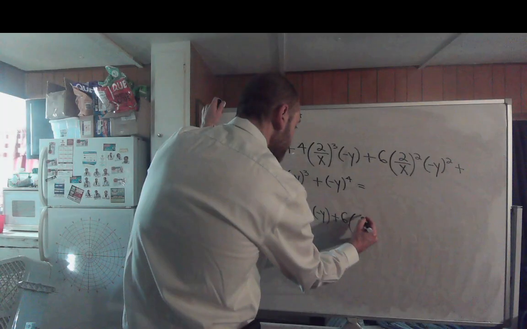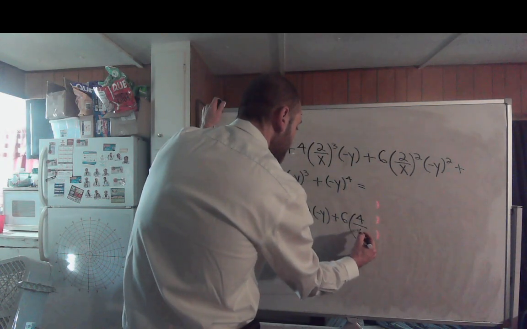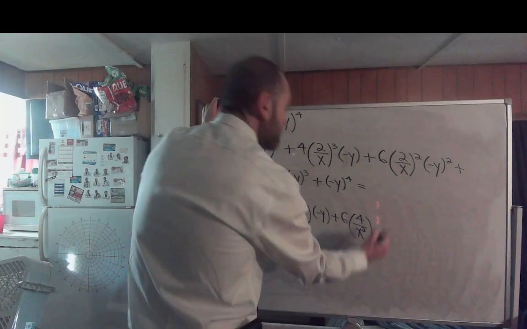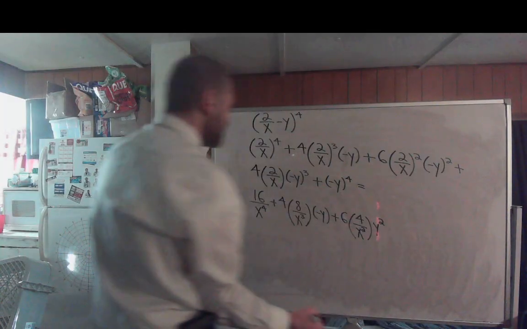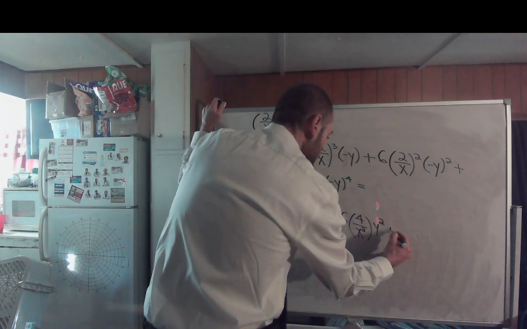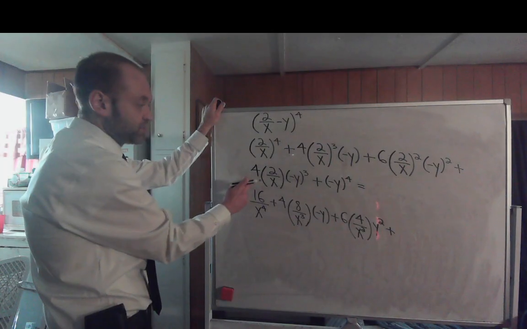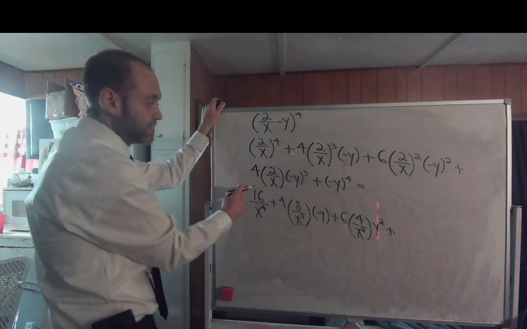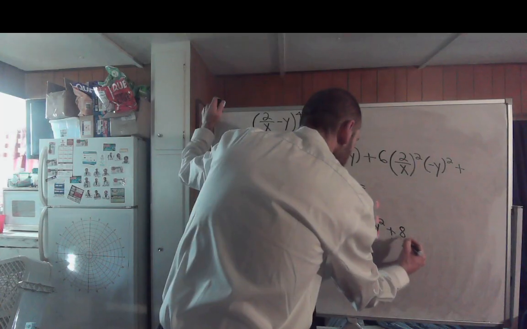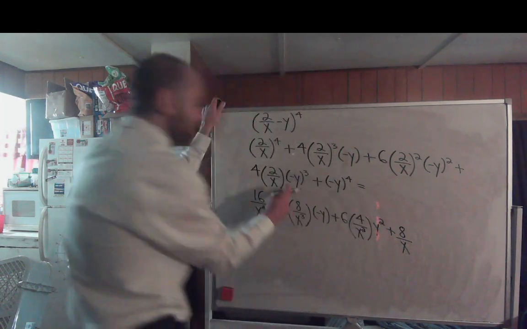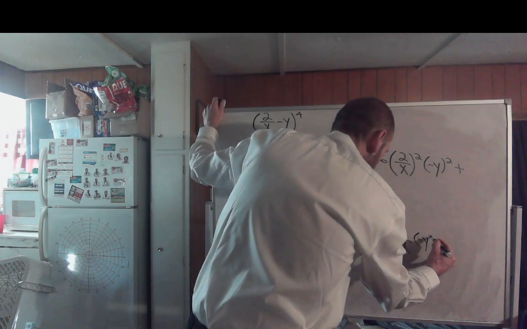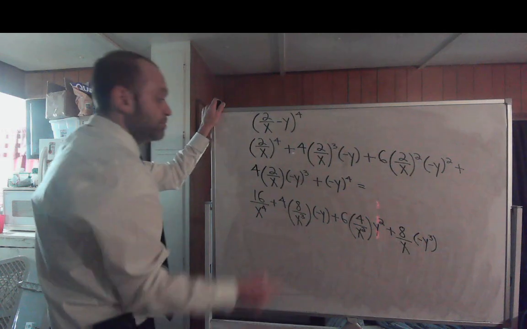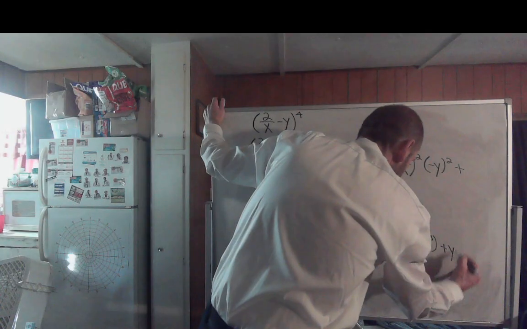That would end up being 4 over x squared. Now that negative y to the second becomes positive y to the second. Alright, and then we just have 4 times 2 over x. That would just become 8 over x. Now that negative y raised to the third, that'd be times negative y to the third. Plus that negative y raised to the fourth, that becomes plus y to the fourth,